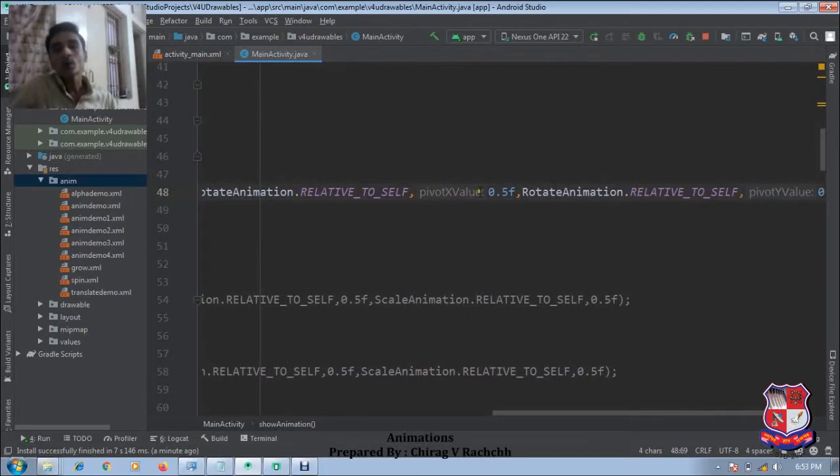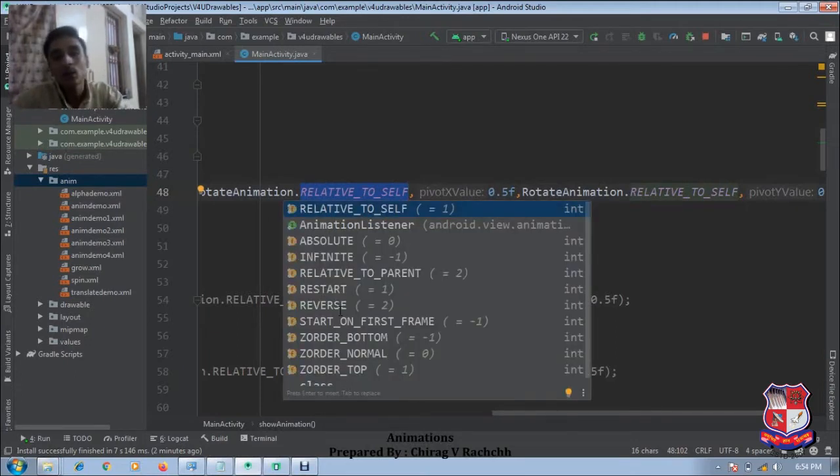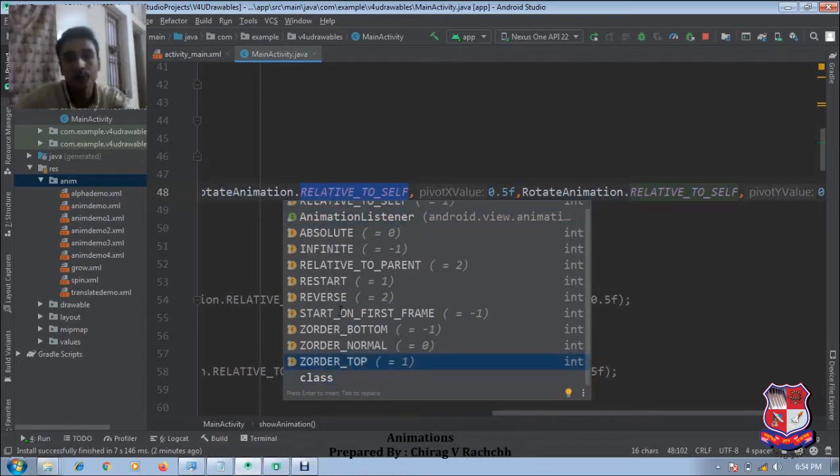Now here we can also pass the pivot point value 0.5f for x, which means the middle of x. It is mentioned here as relative to self, which means the center x of the view itself, the image itself. There are two possibilities, either relative to self or relative to parent.